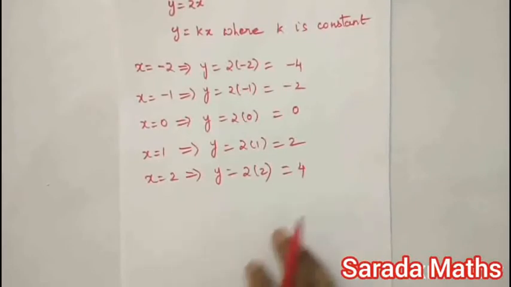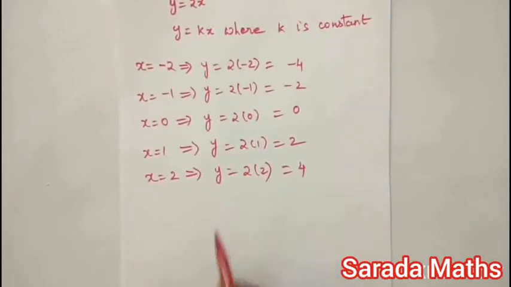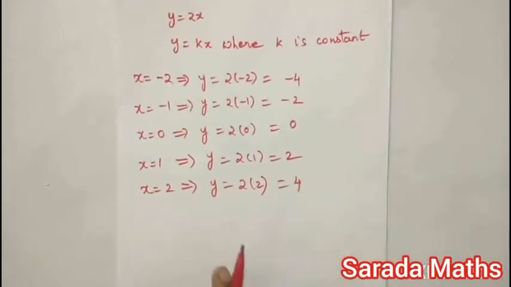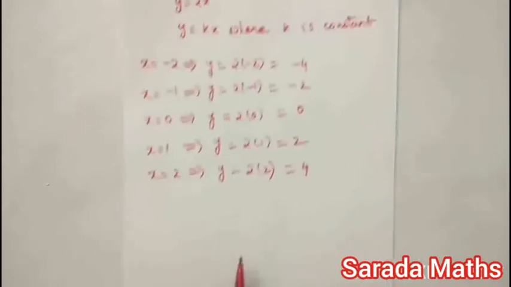So we have calculated the values of x and y only at 4 points. If you calculate more points, you will get more values of x and y, because it is a linear equation in two variables, so it will definitely have infinitely many solutions. To plot the graph, we have taken just a few points. Now let us write these down in a table.